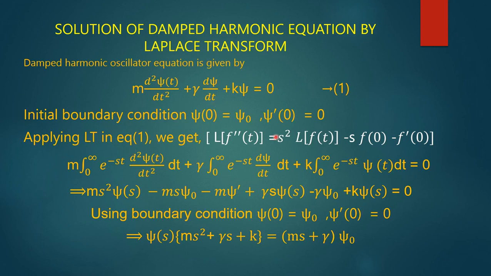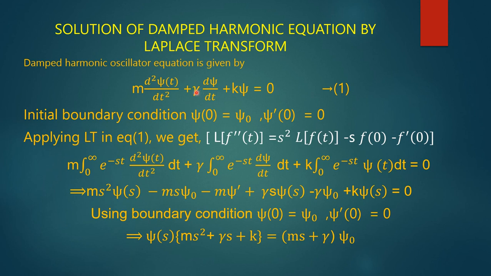That is, we consider the damped harmonic oscillator equation: m d²ψ/dt² + γ dψ/dt + kψ = 0, where m is the mass of the oscillator and ψ is the instantaneous displacement at time t,